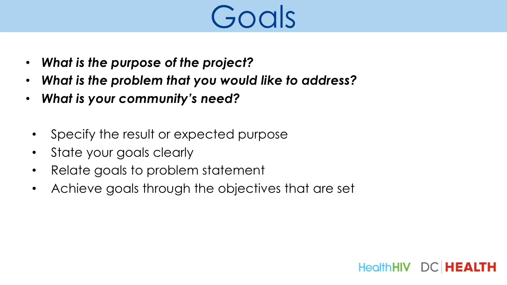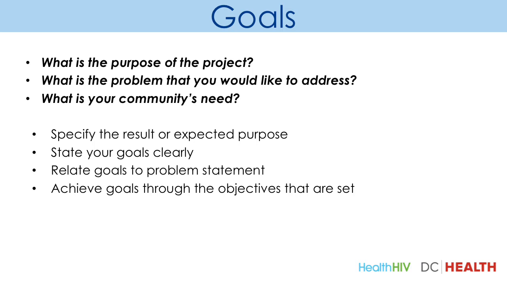Before you start to draft the project narrative section of your proposal, take some time to consider what goals you hope to achieve with your project's implementation and what the anticipated outcomes will be. Set clear goals and objectives so that you're able to convincingly convey to your readers what the purpose of your project will be. Why have you decided to undertake this project? Why is it important? As you sit down to draft the goals of your project, answer the questions: what is the purpose of my project? What is the problem that you would like to address? What is your community's need?